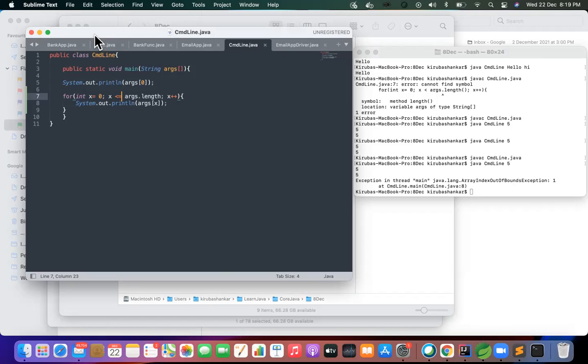And that is the reason whenever you're using the array concept or any string concept where your index starts with 0, it's always better to maintain a condition like less than, or if you're using the array length, always make it plus 1 or minus 1. Such scenarios can work. But less than or equal to will fail, because your index value always starts with 0.